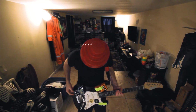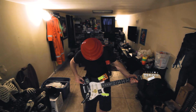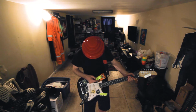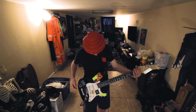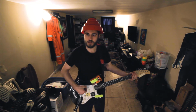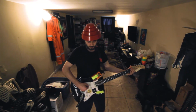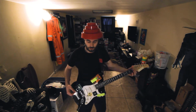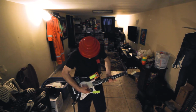I did mention before, there is another song that they use this guitar for, Too Much Paranoias, and I have to set it up the right way. I should have mentioned before how Mark actually plays Too Much Paranoias, because it's really weird. It does this weird noise every time he plays it. What he does is he presses up on this part right here, and he kind of just moves it down. It just sounds like this. Like that. It sounds really cool, but then he starts playing it like...